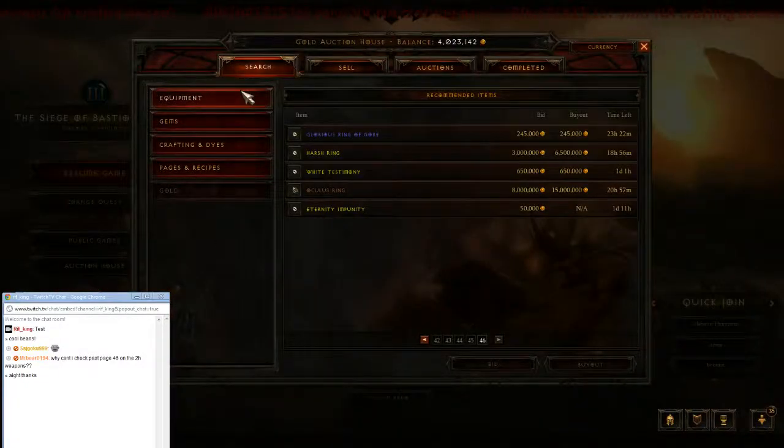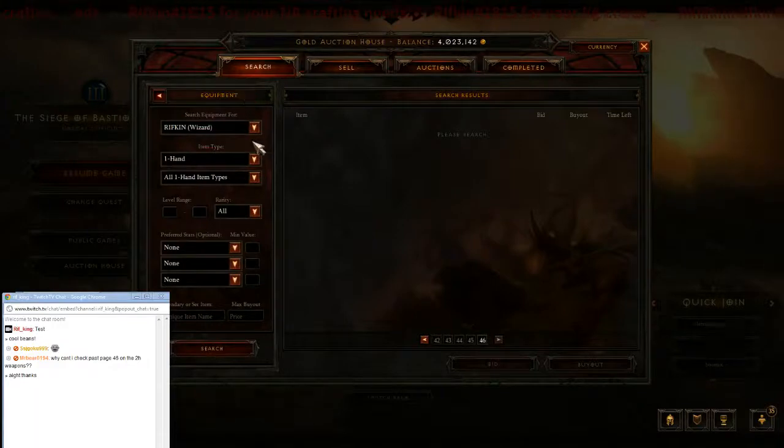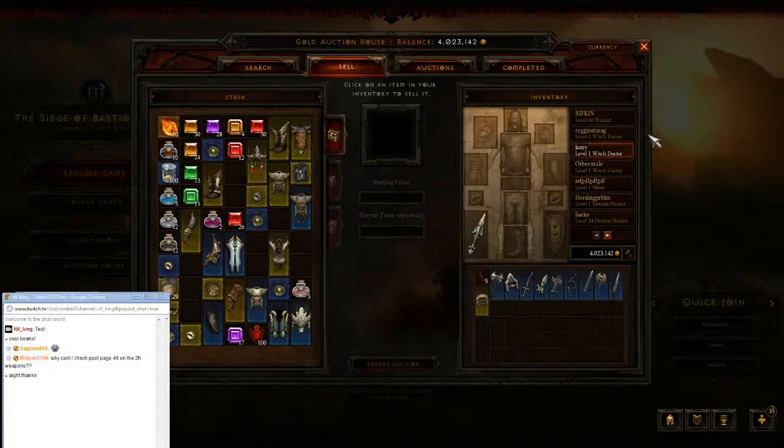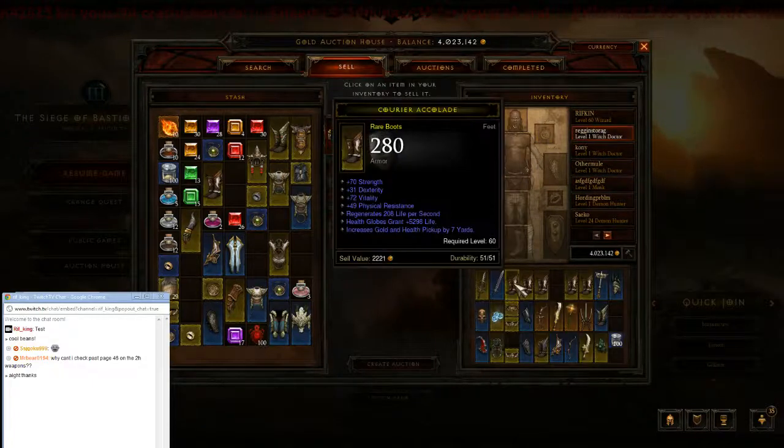Now, going to the auction house here, I want to talk about how to search for items that are worth money. So, for example, here, let's go to one of my mules and pick a random boot thing. I'm looking for one